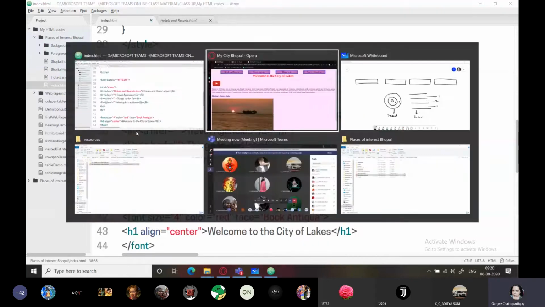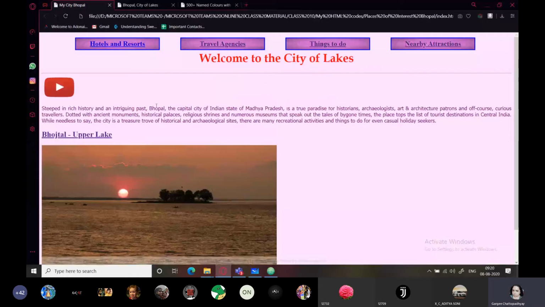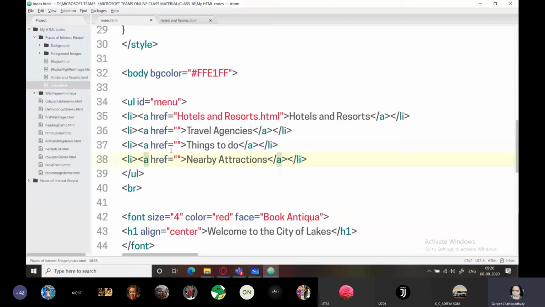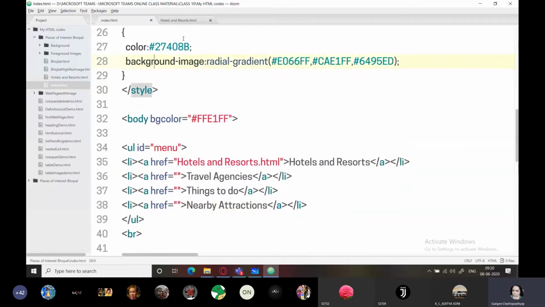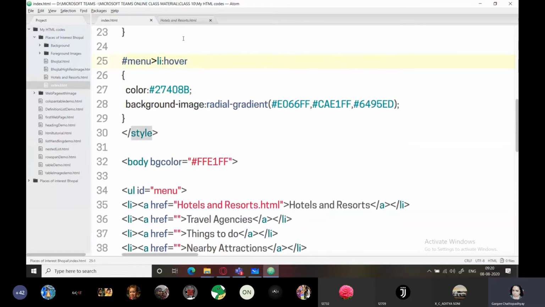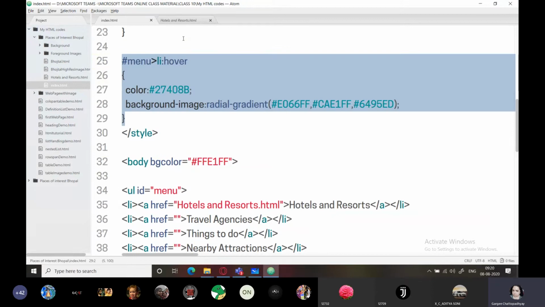So we have done this and let's go back. Now there would be some changes. Now it's not formatting the text in the usual manner. Why? Because the text has been formatted according to A, that is the anchor tag. The anchor tag is also there, so we need to apply all these to the anchor tag also.